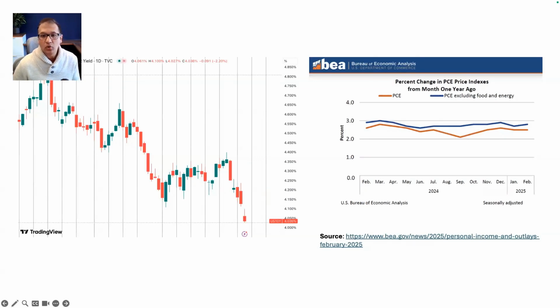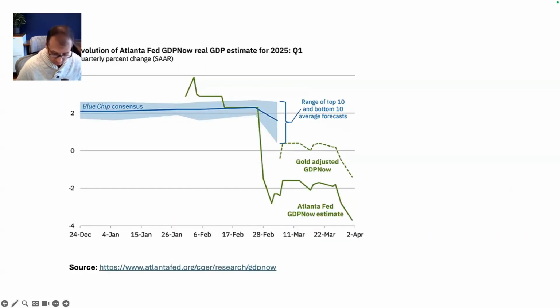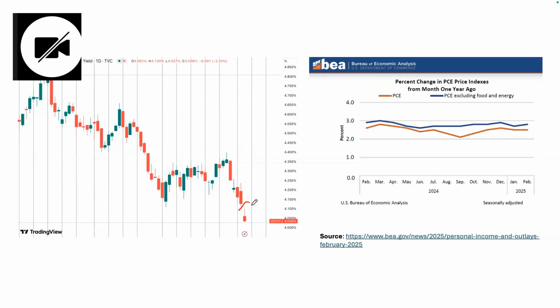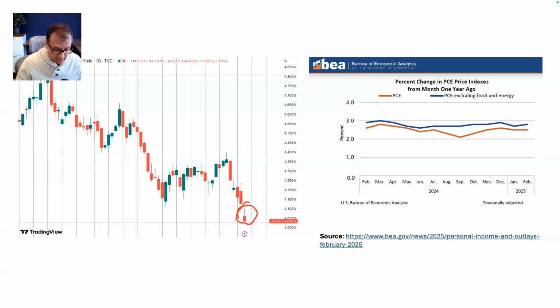Okay. So first, here's the 10-year Treasury yield, and this is what it has shown as of today. You notice this morning, the 10-year Treasury yield fell. So if it falls, what does that mean? That means that people are buying bonds. When people buy bonds, because the bond price is inversely proportional to the yield, the yield went down. So that means the bond prices have slightly gone up.